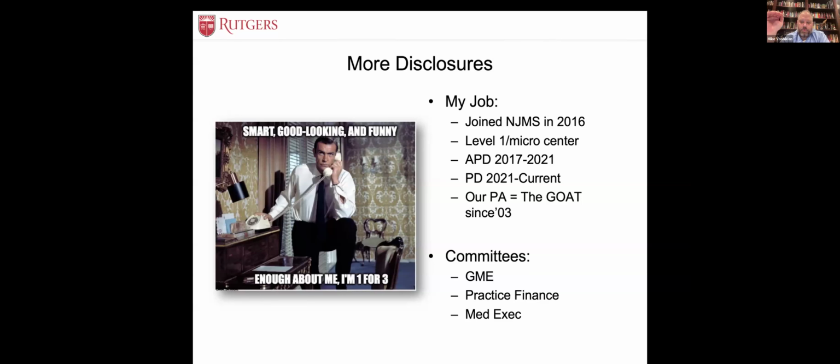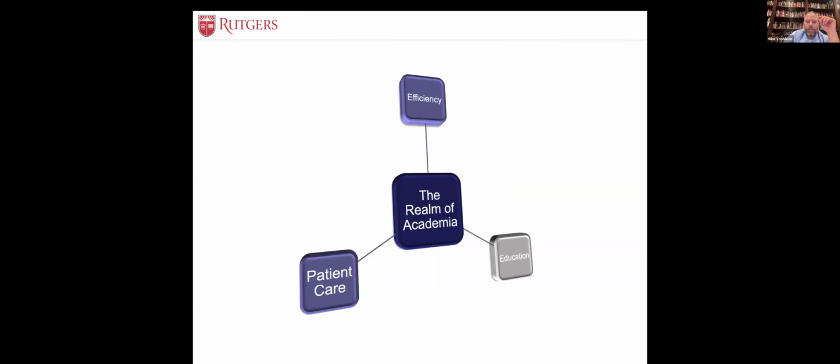I am one of the 2 people on our practice finance committee, so that's our business hat. And then I'm the president-elect of the medical staff, so I have that hat on for basically what works for the hospital. So I was really glad Samir asked me to talk about this because this is kind of the world I live in every day.